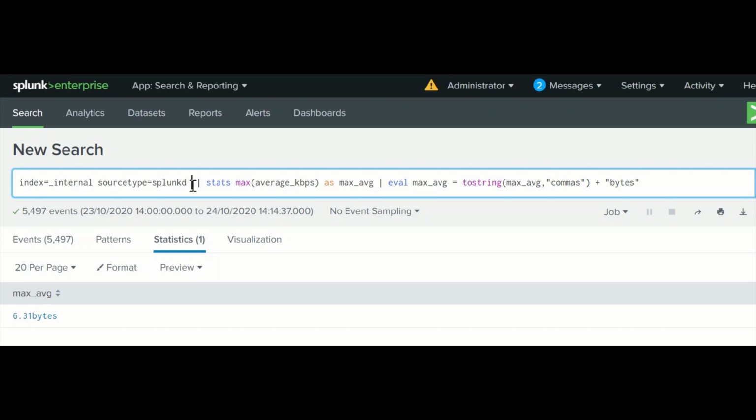That will be helpful for your performance. So go and check from the admin, if you have ingested the data through admin in your production environment, or you are doing POCs. So first of all, check your index and whatever field you know about it, source type, source, host. That will help you to improve the performance.